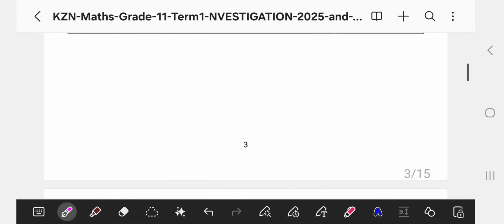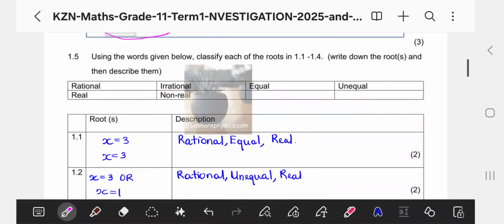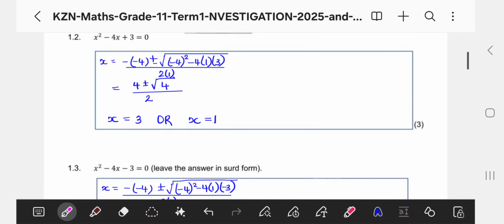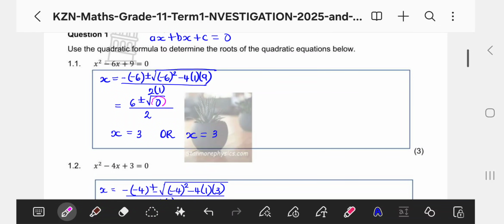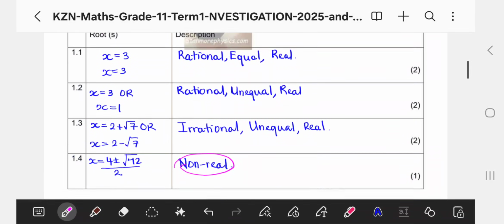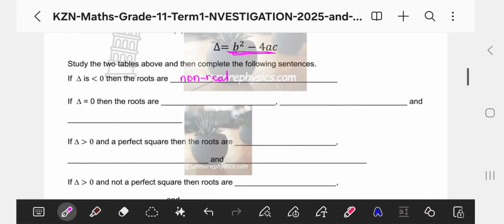If the discriminant is equal to 0, then the roots are. Let's go to the table above. Where we had the discriminant being equal to 0, let's find that question. So that was the very first one, 1.1. Look underneath the square root, that is your discriminant, and it is equal to 0. And what we notice here is that the roots are real, meaning they do exist, they are rational, and they are equal. We have the same value twice. So we're going to fill that in. The roots are real, they are rational,